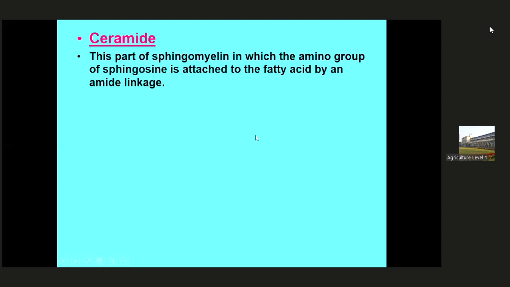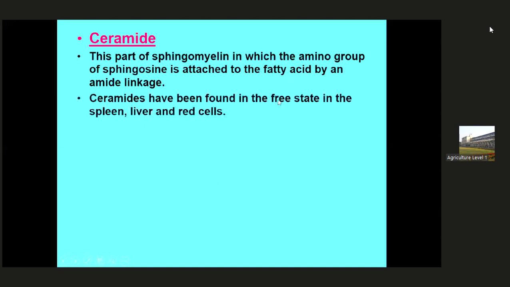What is ceramide? Ceramide is the complex of fatty acid and sphingosine, where the sphingosine and fatty acid are linked with each other by an amide linkage. So sphingosine and fatty acid, this portion is called ceramide. This is the lipid portion. একটু আমরা সাধারণত লিপিড বলতেছি, because sphingosine alcohol আর fatty acid টা হলো তোমার ফ্যাটি অ্যাসিড। তো ফ্যাটি অ্যাসিড এবং অ্যালকোহল মিলে যে লিপিড তৈরি হয়, সেই লিপিড অংশটুকুকে বলা হয় সিরামাইড।